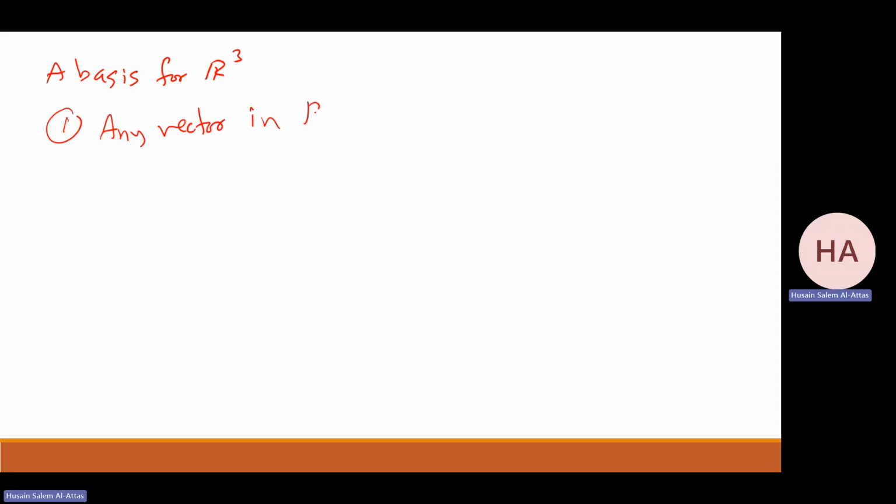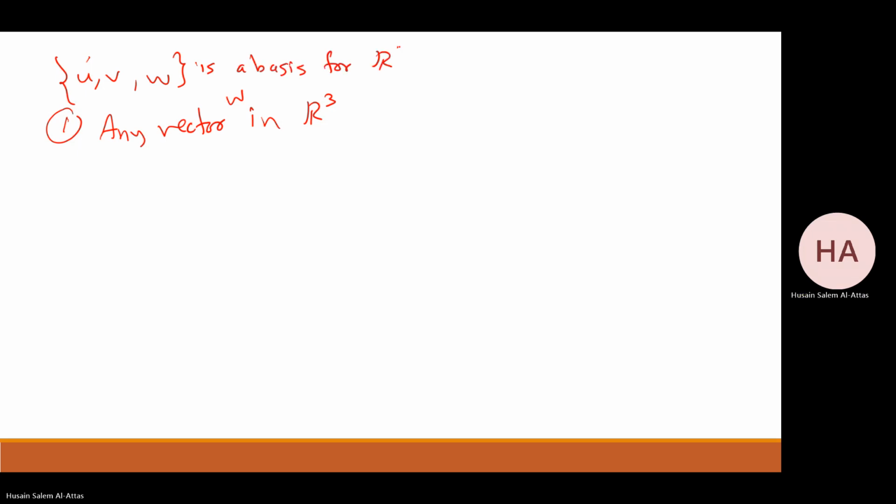Let me say U and V. The problem is that U, V, and W as a set is a basis for R3 if what? If any vector W in R3